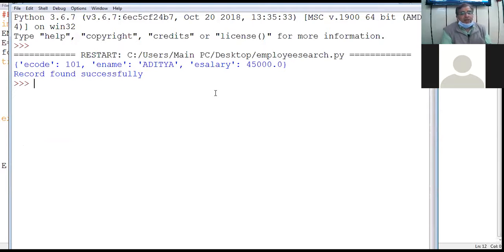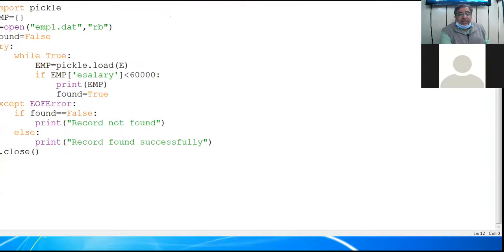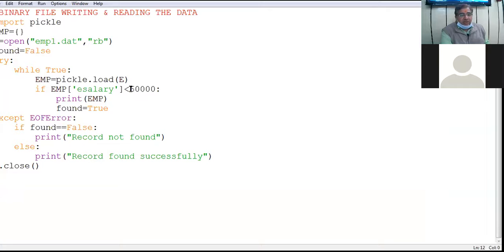Clear? Now I display one output where the condition doesn't match. Let us say 30,000. Display the record of those employees whose salary is less than 30,000.